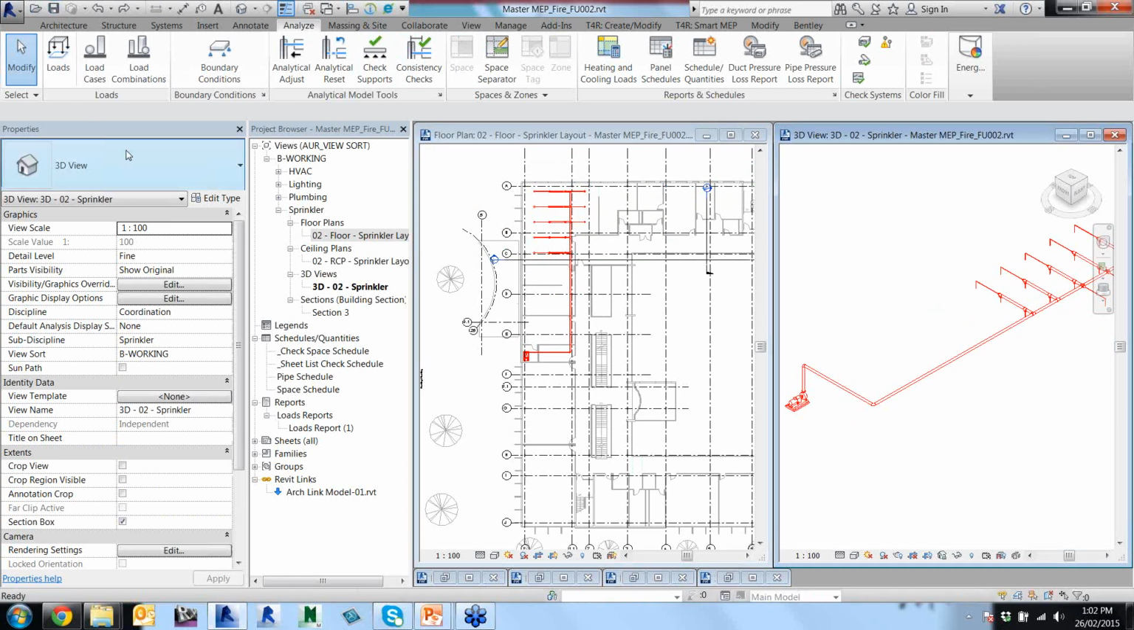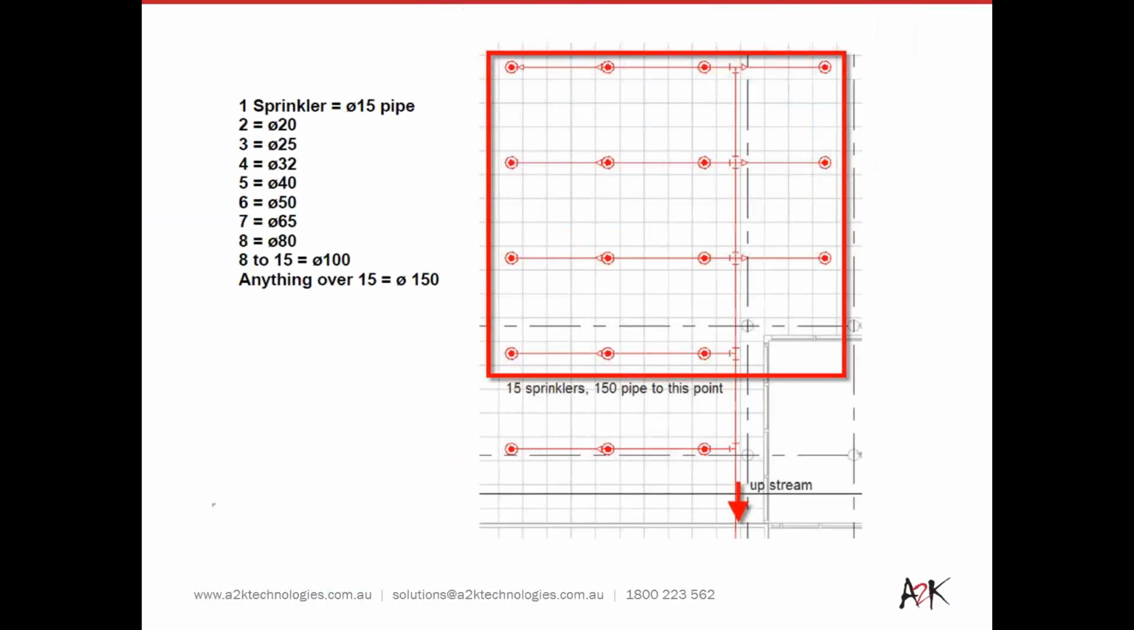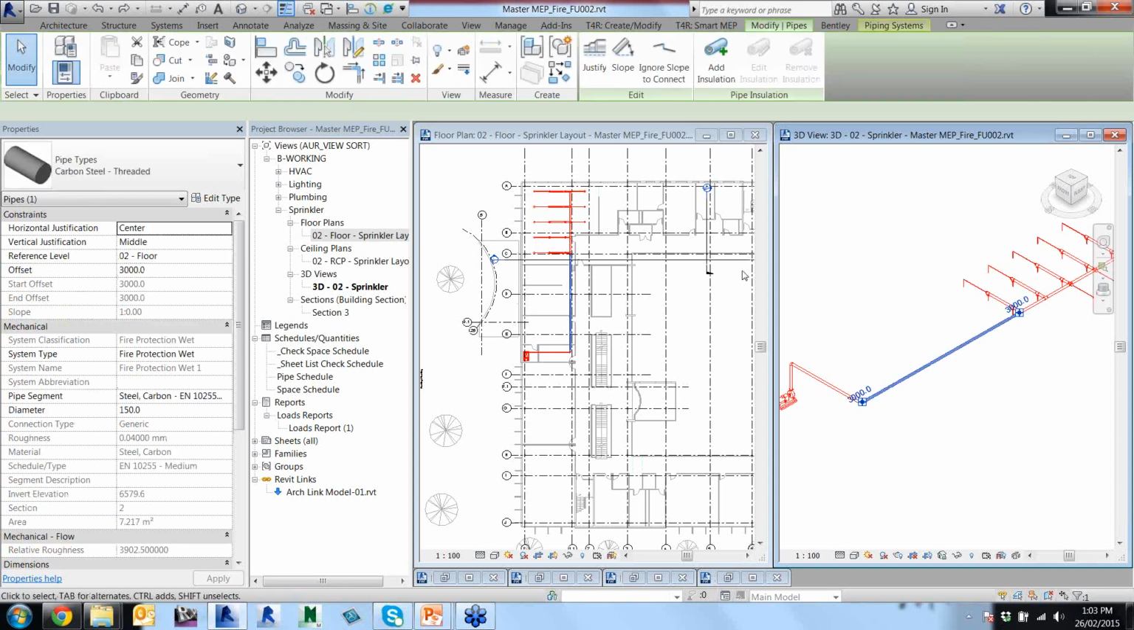All right. Okay, so a bit about sizing. I want to just jump back into the PowerPoint here for a sec. Okay, so important thing to note here, I'll just quickly jump back into Revit here. The important thing to note about sizing with fire sprinklers is that unfortunately Revit will not use